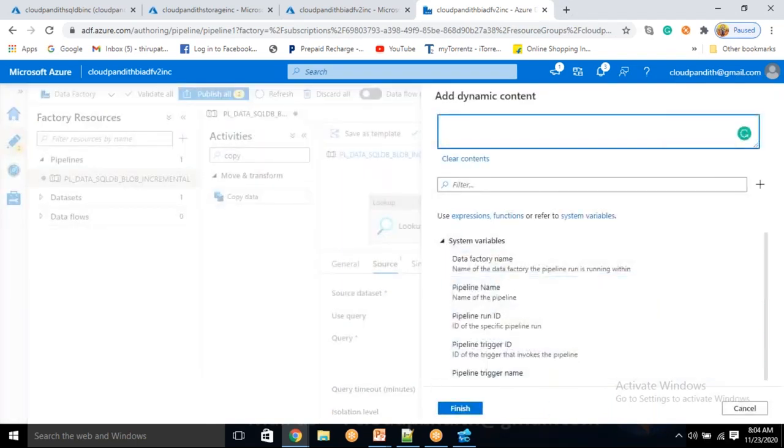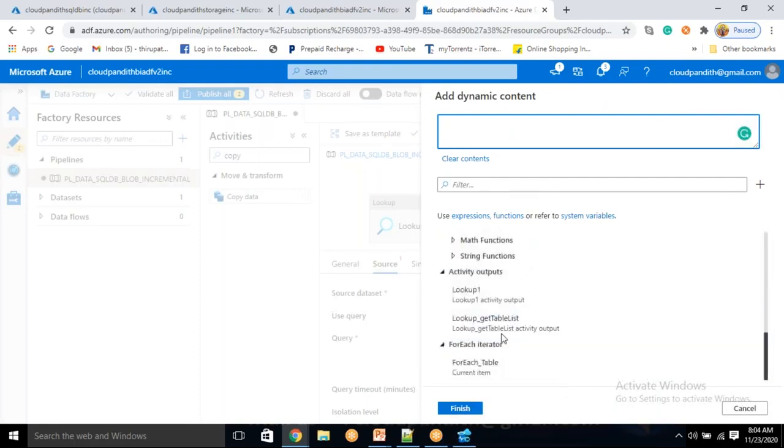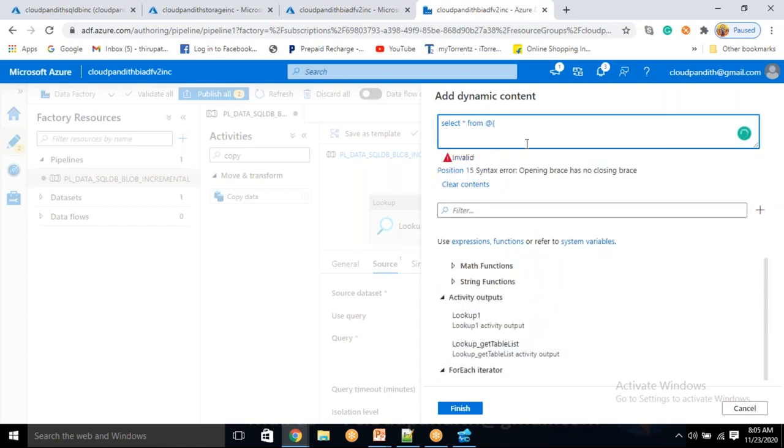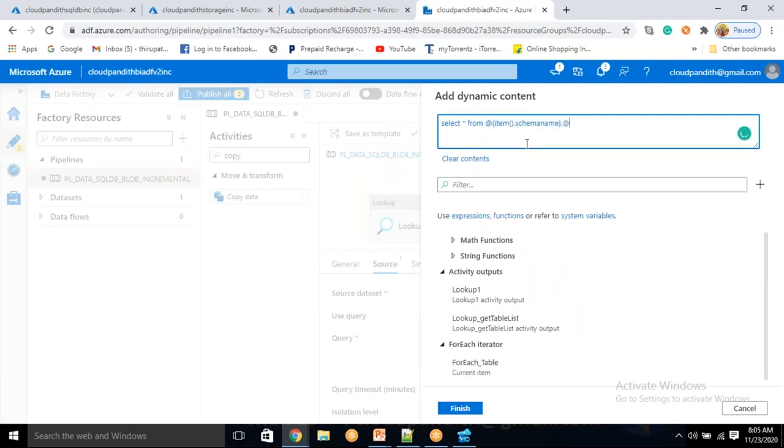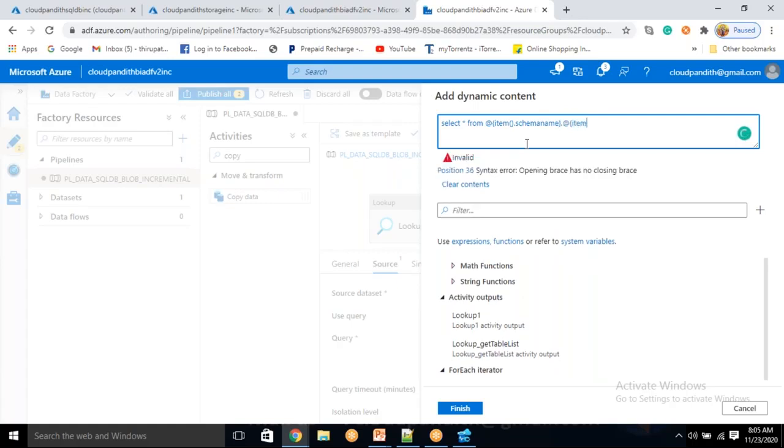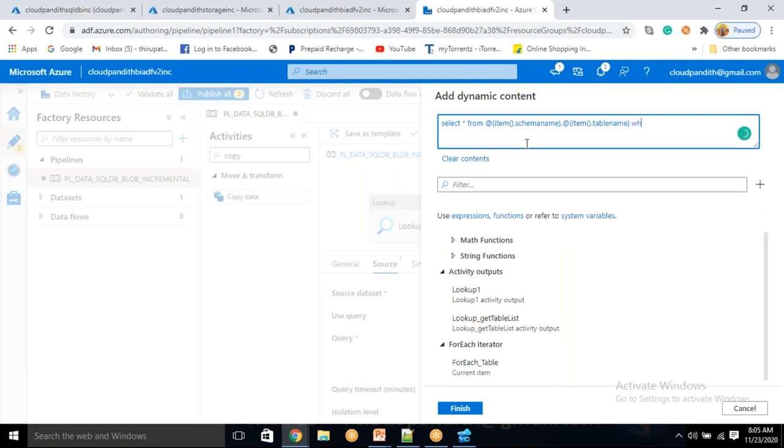So now what happens? The query is something different, right? Now the query is something like this. Select star from table name. So how will you get the table name? Same at the rate item dot schema name. You close it, dot, at the rate item dot table name. You close it. Where